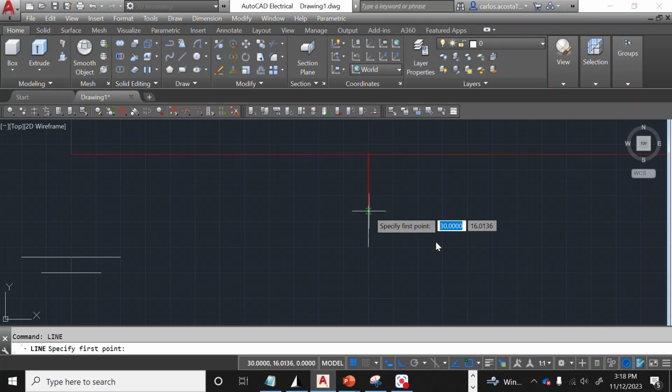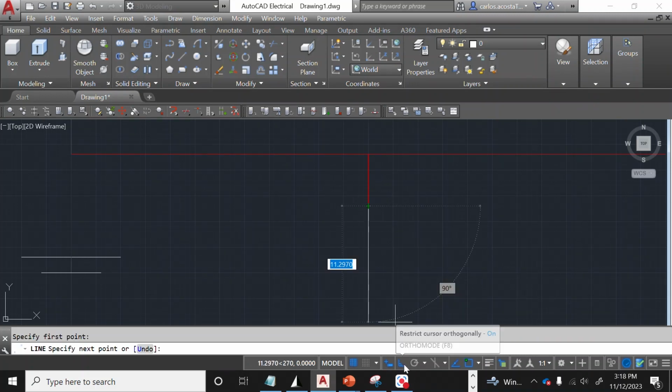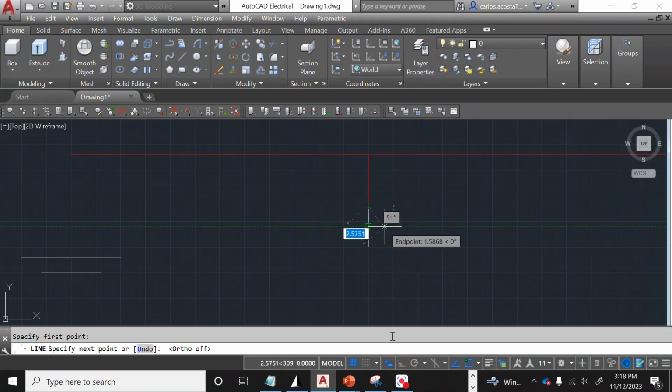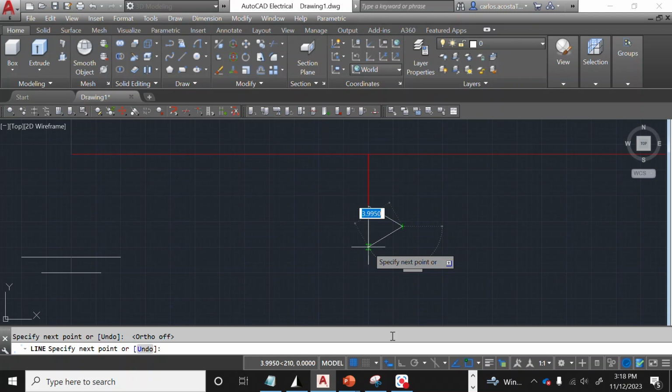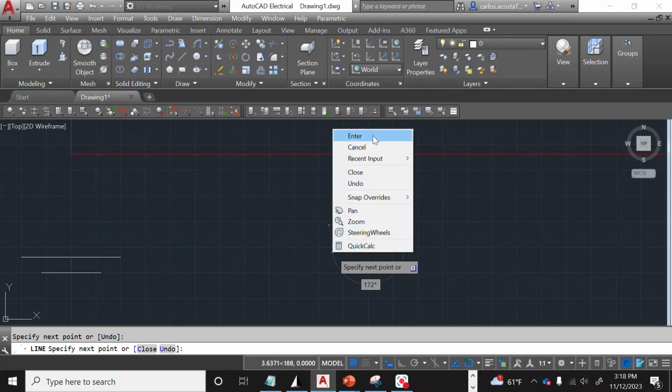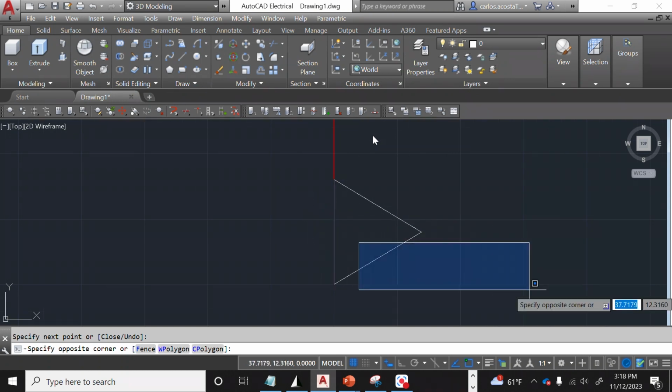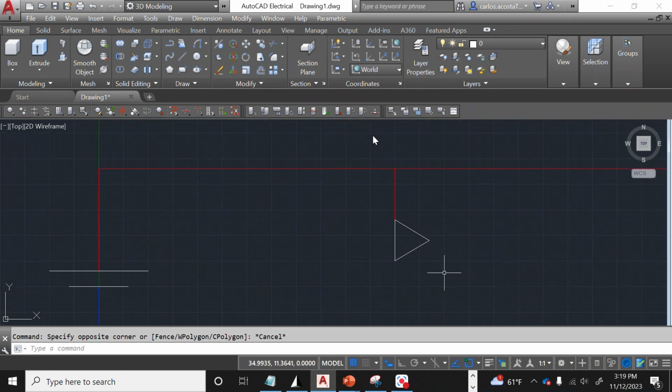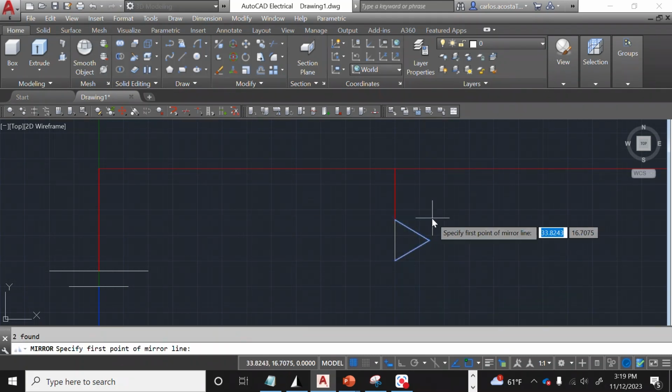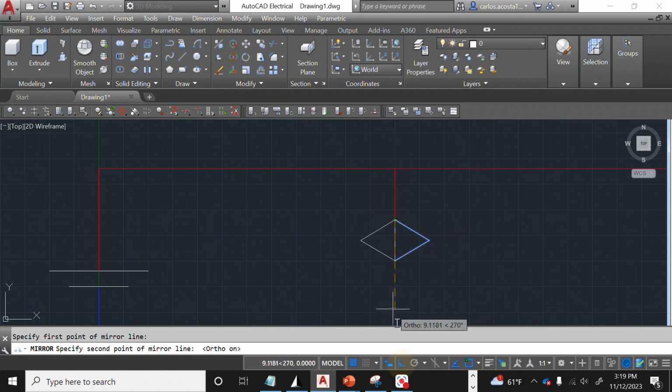we go from this point, get rid of your ortho condition, to this point, at 45 or 30 degrees. All right, and then you close it. And then you have a triangle with the same sizes, so an isosceles triangle. Then we're gonna do a mirror. And then go back to ortho, so we don't have to worry about being misaligned. And we can actually get rid of those lines. We can do that at the end. Okay, so